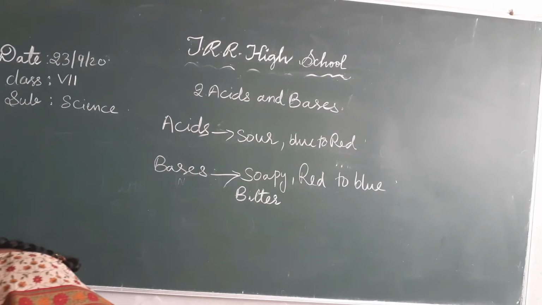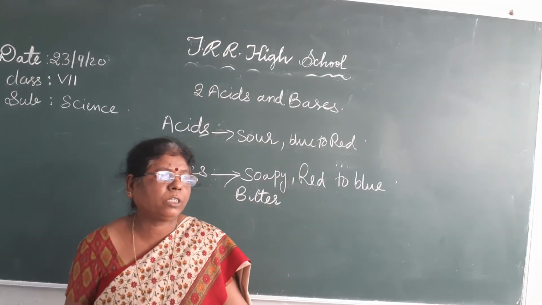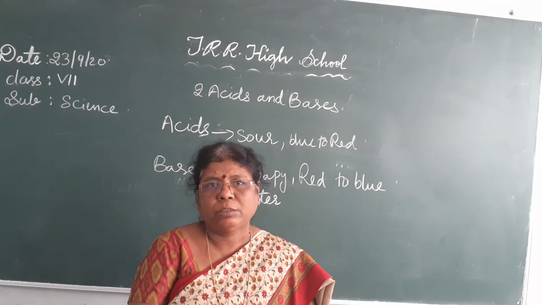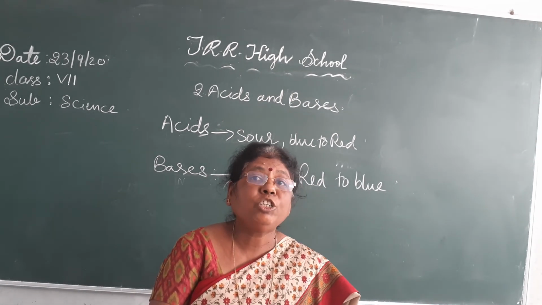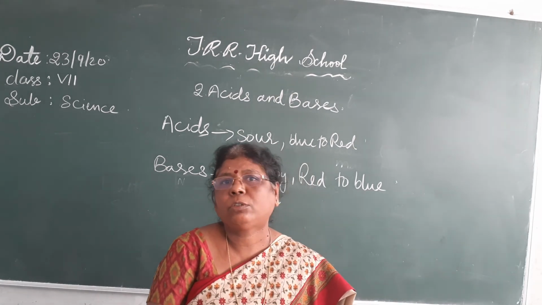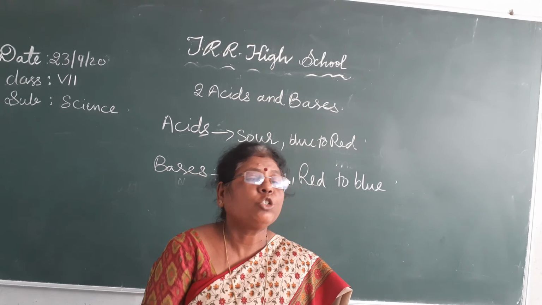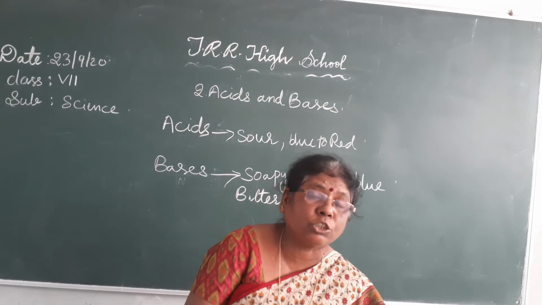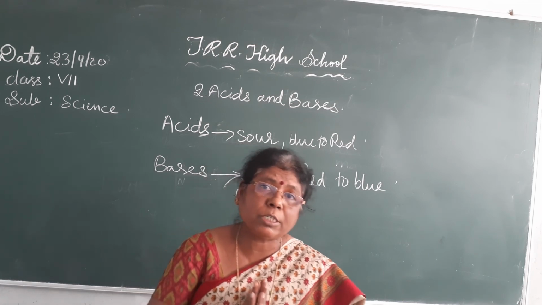So, what do you understand by this? The blue litmus paper is not changing into red, and red litmus paper is not changing into blue color, with sugar and with spirit. Means the sugar and the spirit are neutral solutions. Neither changes into blue nor into red. They are neither acidic nor basic. Such solutions are called neutral solutions or neutral substances. The substances which do not show any acidic or basic nature are called neutral substances.